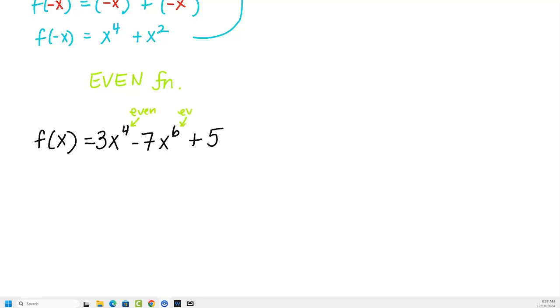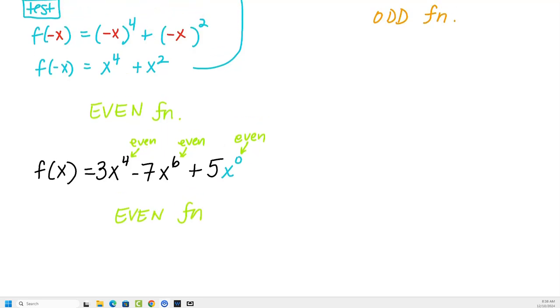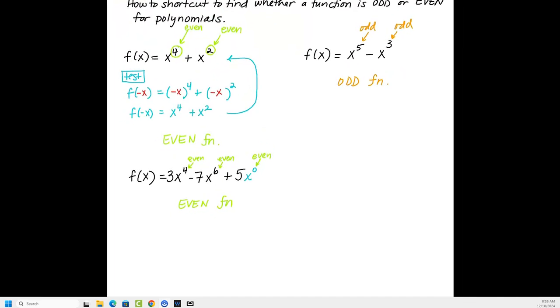This one's even. But what about the last one? Does it have an x? No. But could I write it as x to the 0? You see that? And is the 0 even or odd? Isn't it even? So if all the exponents on the variables are even, then it's an even function. Are you guys okay with that? Okay, now